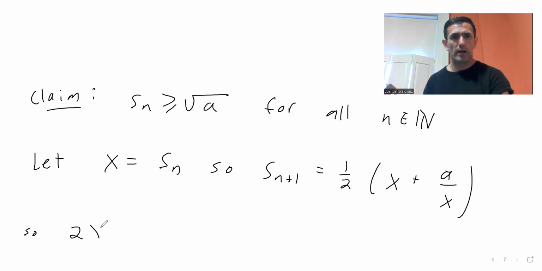So 2x Sn plus 1 is equal to, well, 1/2 x times 2x is x squared, plus a over 2x times 2x is going to be equal to